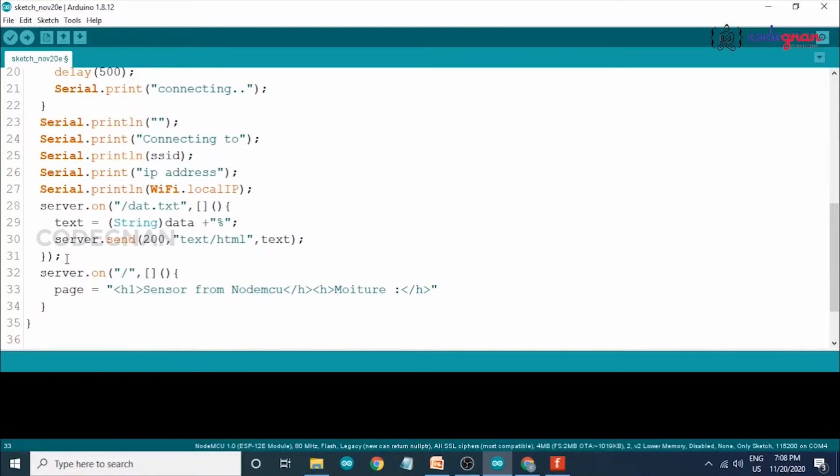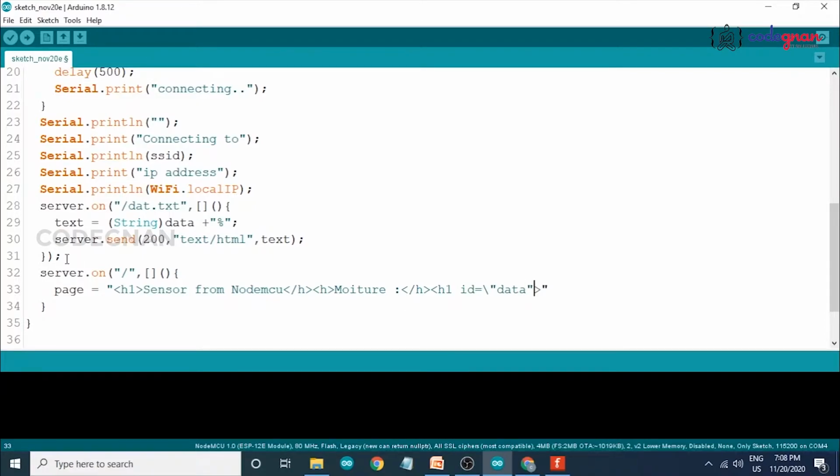Now give our data to the server: h1 id equals to slash data. We give our data here. What data? Our sensor data.